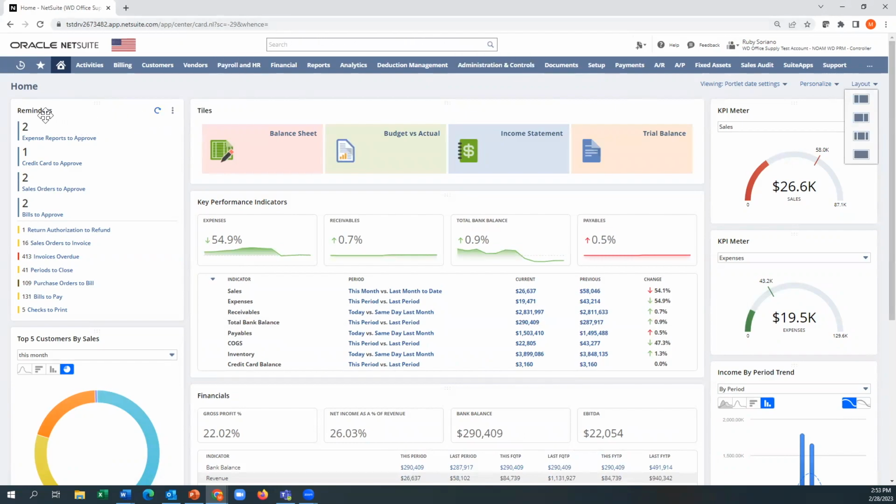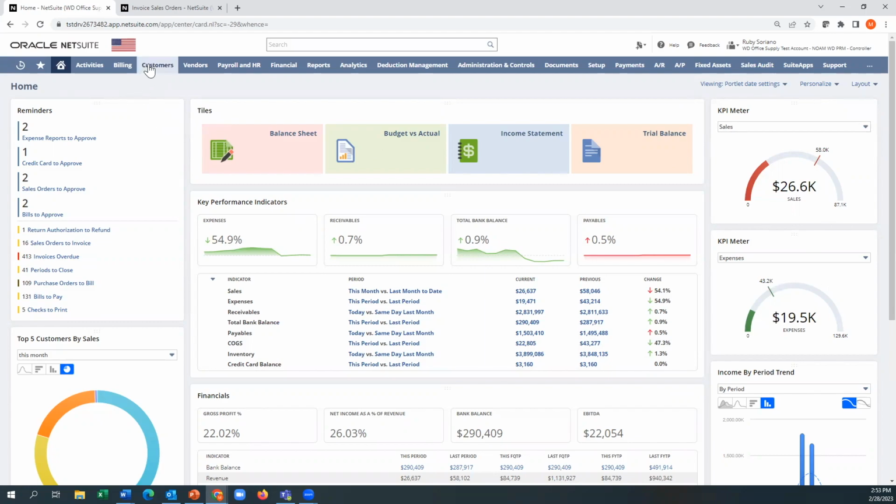On the left, we now have reminders: credit cards to approve, sales orders to approve, bills to approve, sales orders to invoice, as an example. Right now, we can track our bank balances here directly. We have KPI meters where we can see how well we're performing on sales, on expenses.